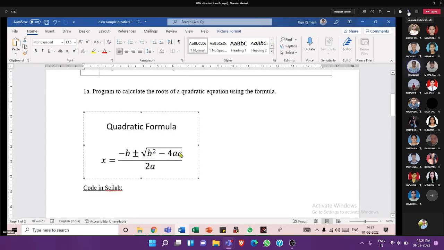Based on the value inside the root, if this value is less than 0, then the roots are real and imaginary. If this value is greater than 0, then the roots are real and